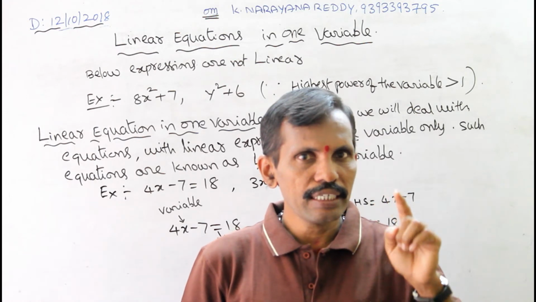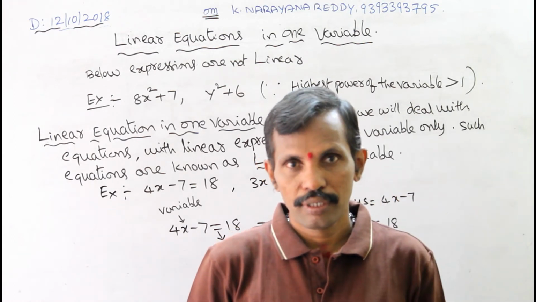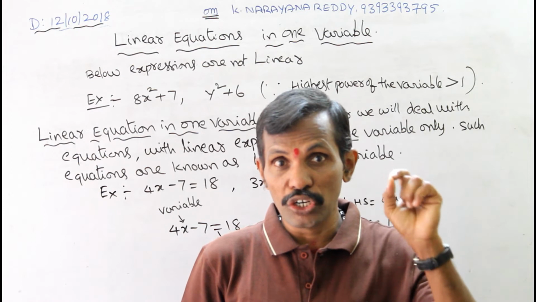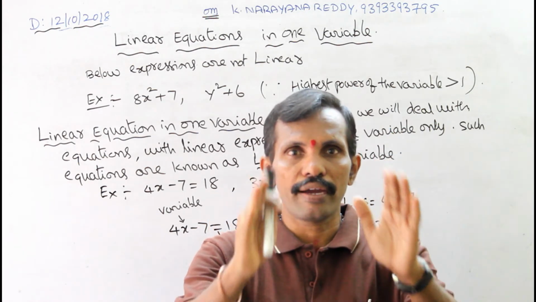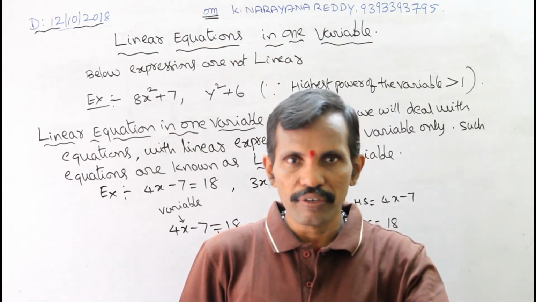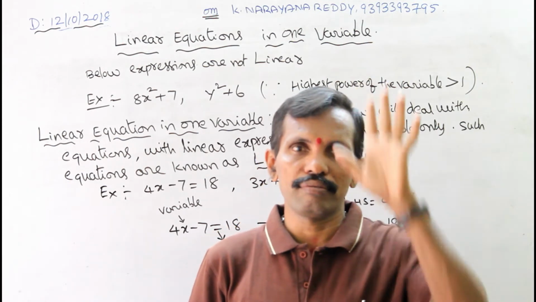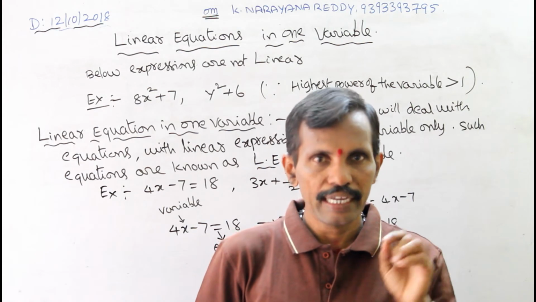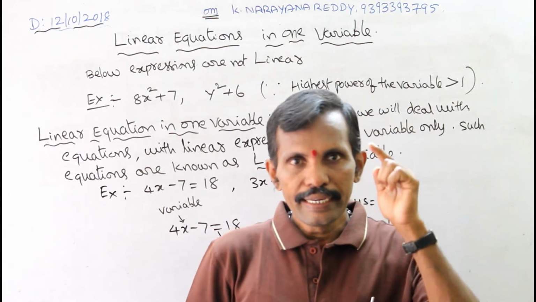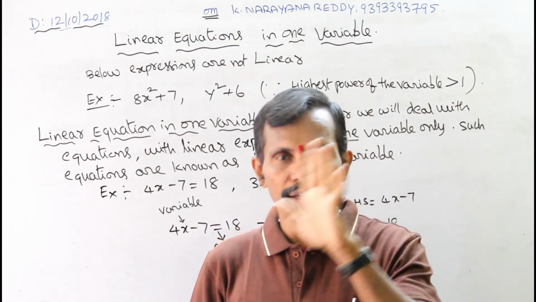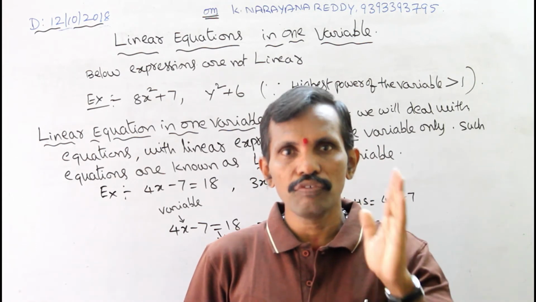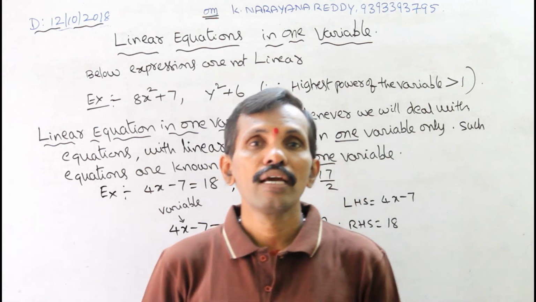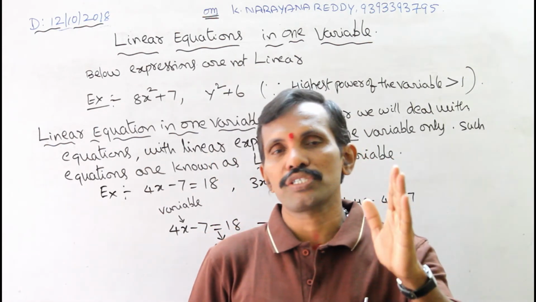A linear expression is an individual entity. A linear equation is not an individual entity; it is equated with an equal sign. That is the difference between linear expressions and linear equation. Again I will tell: a linear expression is an individual entity, and a linear equation equates with an equal sign. That is the difference between a linear expression and a linear equation. So